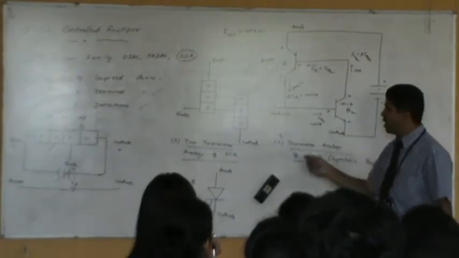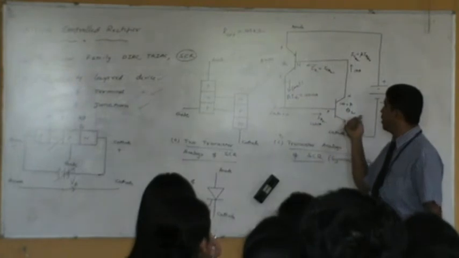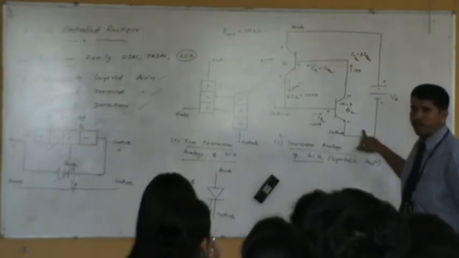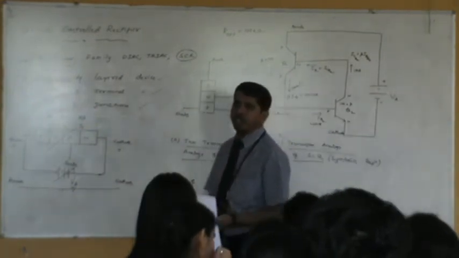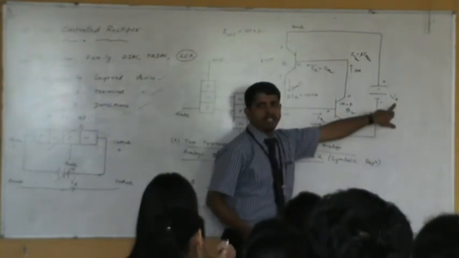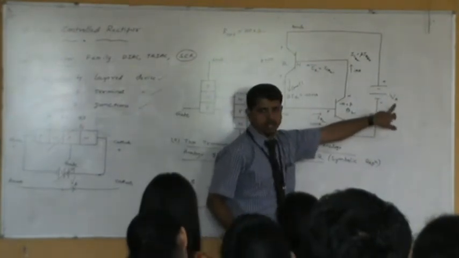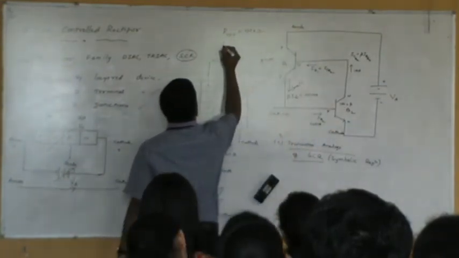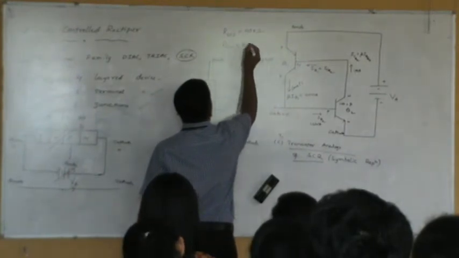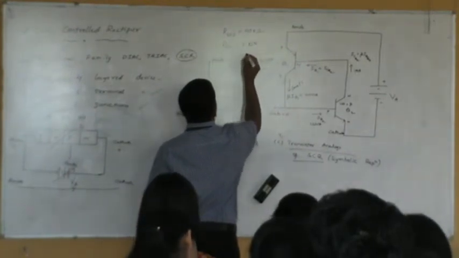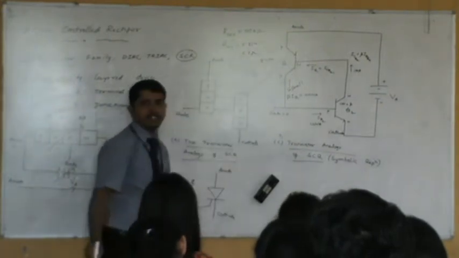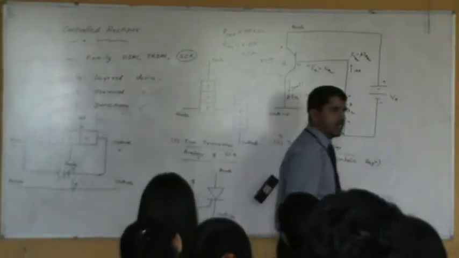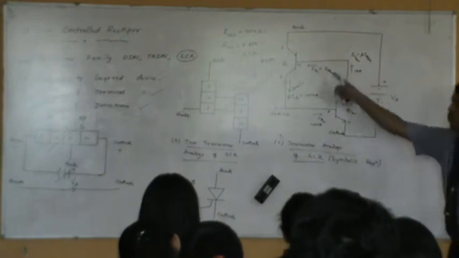How do you make these two transistors on? Just by a small pulse here, which can trigger the Q2 as well as the Q1 transistor, and we can reduce the resistance between anode and cathode. In this way, resistance can be reduced so that we make an easy path for the current flow because of the anode voltage. Typically the on resistance, whenever these two transistors are on because of the gate voltage, is around 0.01 to 0.1 ohms. The circuit offers very little resistance. You understand this? Just a small pulse, you can control the device.